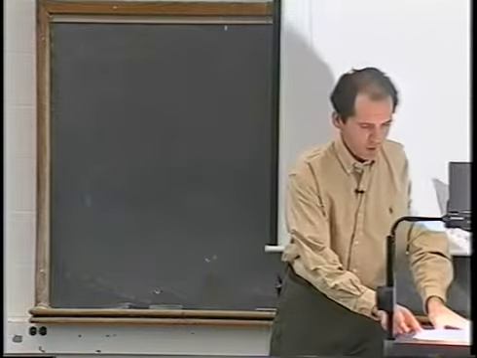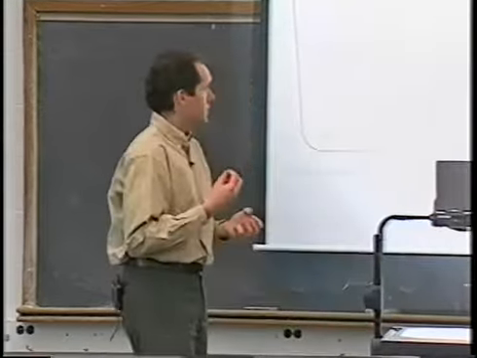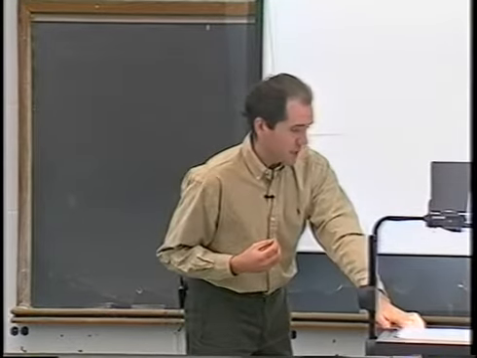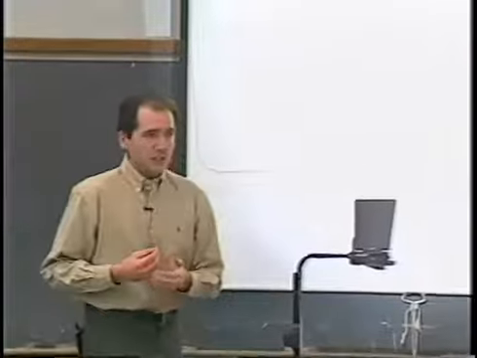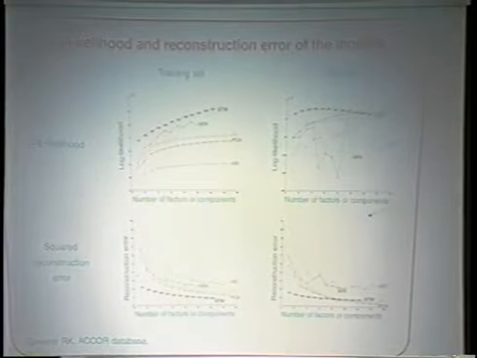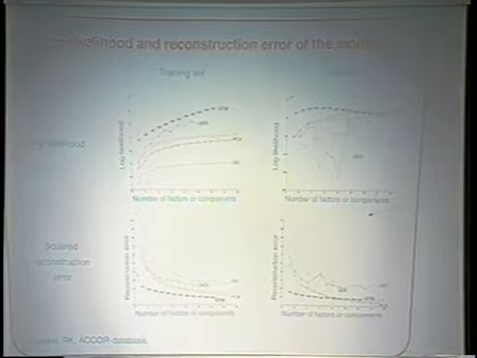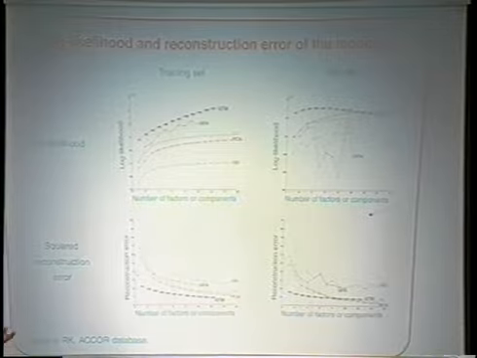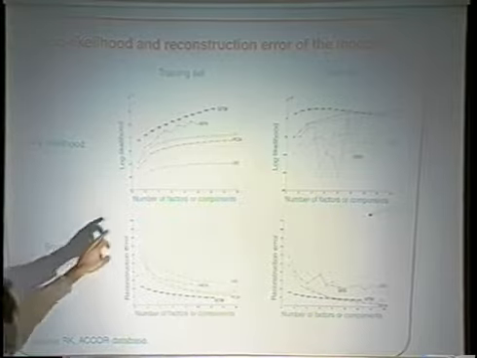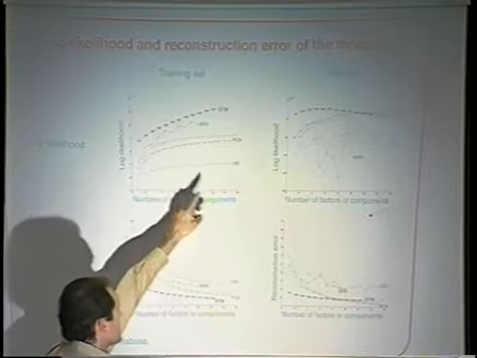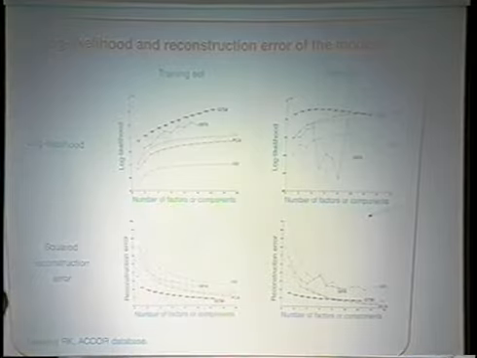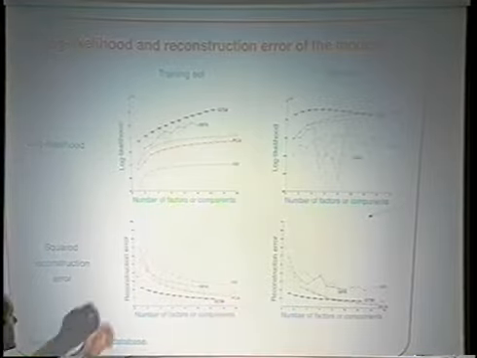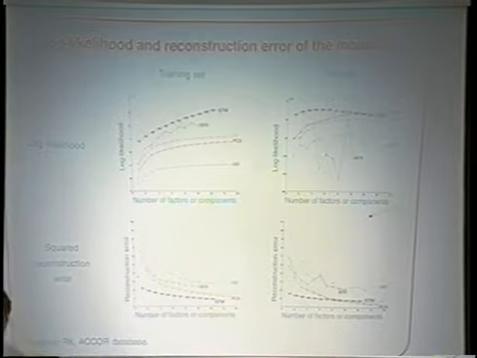And from the point of view of dimensionality reduction and reconstruction, so how well the information is preserved by these methods. Say that you take an EPG, you reduce it to 1, 2, or whatever number of components, and you take it back and see what the error is. That is the square reconstruction error. The log likelihood is the log likelihood of the appropriate model when I trained it. So I'm plotting here a number of models. In the x-axis, for factor analysis and PCA, I have the number of factors I used. That is the number of latent dimensions. So 6 means that I used 6 dimensions, 6 latent variables.